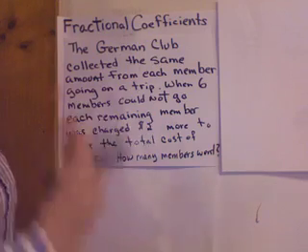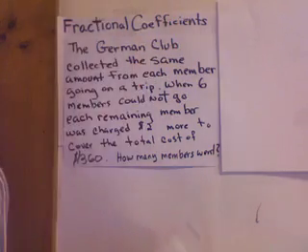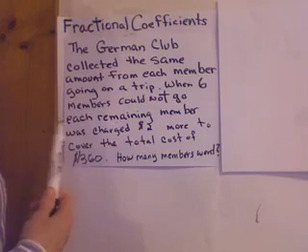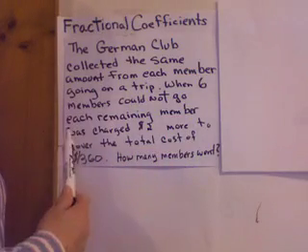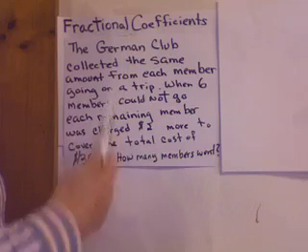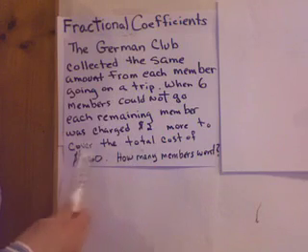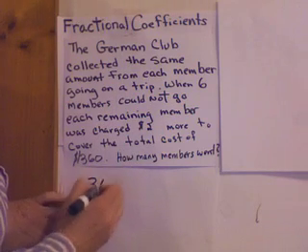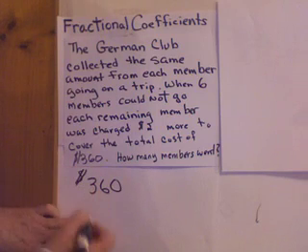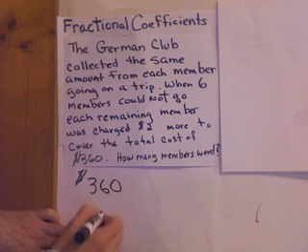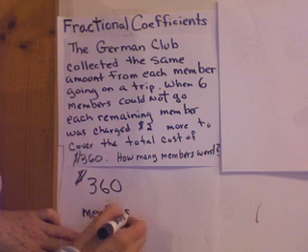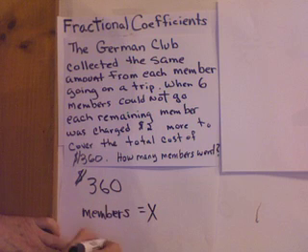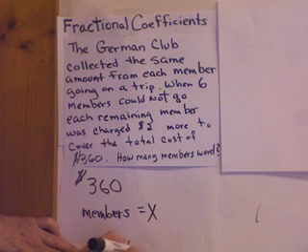All right, so let's deal with fractional coefficients when we have a word problem. German club collected money, the same amount from each member to go on a trip. When 6 members could not go, each of the remaining members was charged $2 more to cover the total cost of the $360 that the trip cost. So the trip cost $360. That's an important number. We also have the members going, which let's call x,